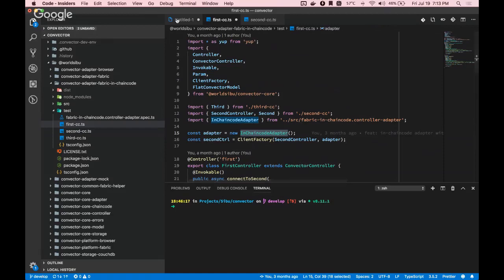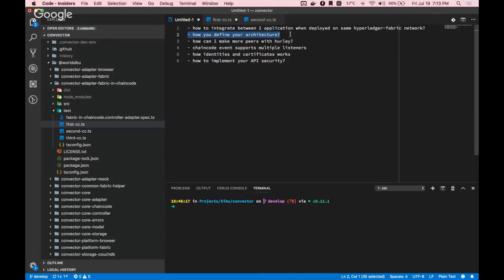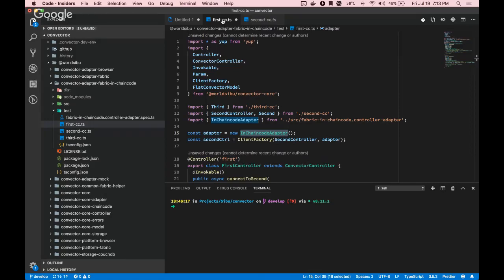So that was one of the questions that I had. Another question that I got was how to define your architecture. So actually, this is pretty subjective. I already gave you a couple of examples and tips about how to architect applications. In terms of the chaincode, I prefer to do multiple packages that do a small task. For example, if I am creating an e-commerce platform, I'll create just a controller and model to handle the products. I'll create another controller and model to handle the payments, another one for the users on this platform,